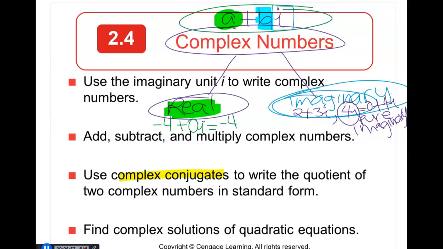So imagine that complex numbers is, I don't know, your mom, and then you are the set of real numbers, and then one of your siblings, if you have any, is the set of imaginary numbers. Okay, so